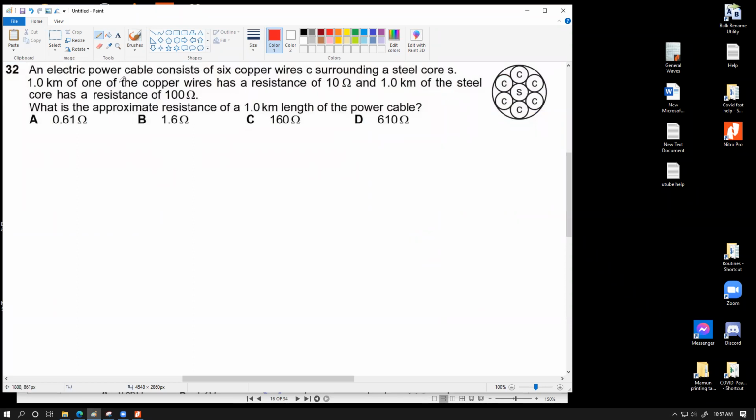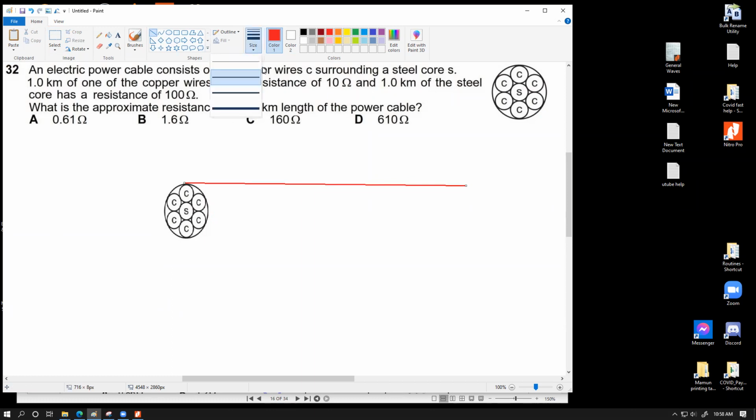Understand this well: this is a cable, which means it's a long wire whose cross-section area looks like this. That means the wire actually looks like this. This is the cross-sectional view of the wire. I'm going to skew it a little bit to make the diagram understandable, and then draw that wire. So this is how the cable looks. Within this cable you have a steel core going through lengthwise, which is surrounded by 6 copper wires. Why the construction is like this is none of your business,